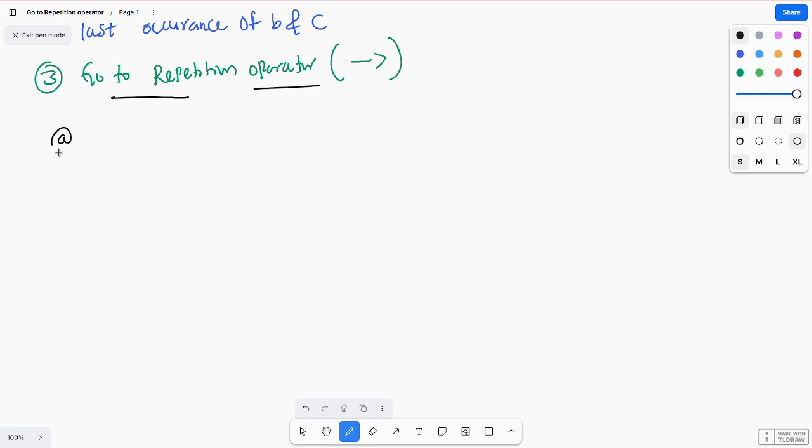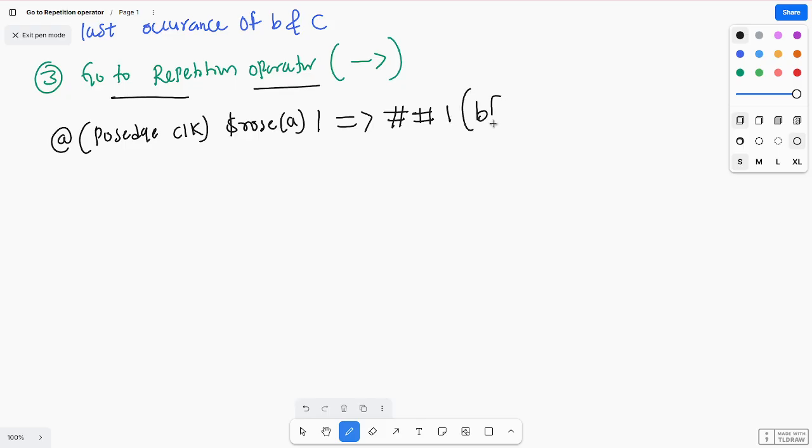At the rate posedge of clock, dollar rose A, and I'm using the non-overlapping implication operator, and delay by one cycle. Double hash, delay by one cycle, and in the bracket I am giving B,